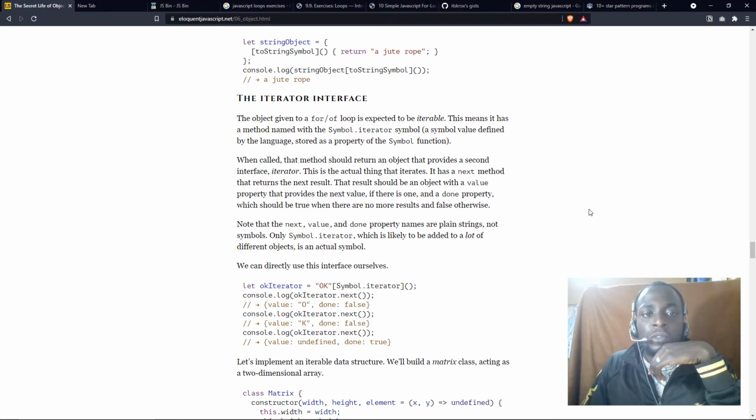Okay, so now we move to the iterator interface. The object given to a for of loop is expected to be iterable. You can iterate on it. This means it has a method named with the Symbol.iterator symbol, a symbol value defined by the language and stored as a property of the Symbol function. When called, the method should return an object